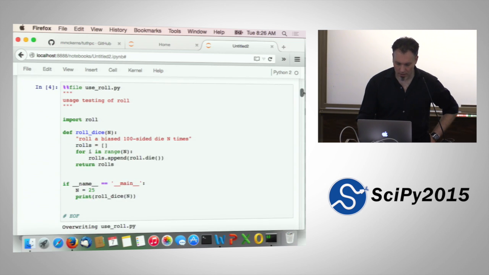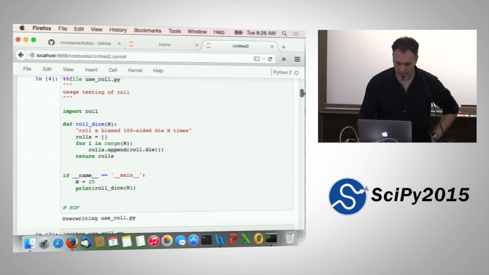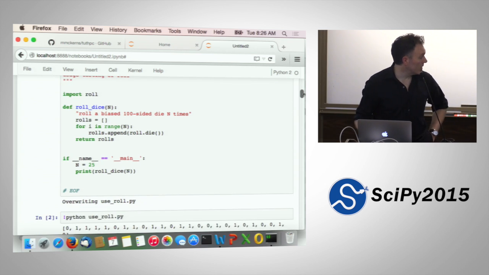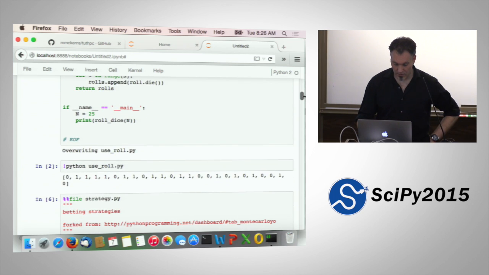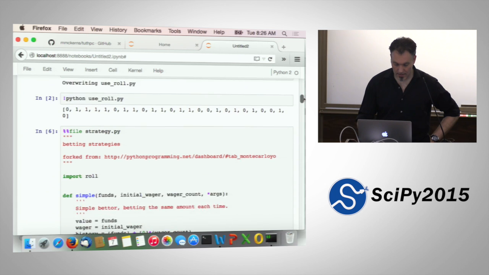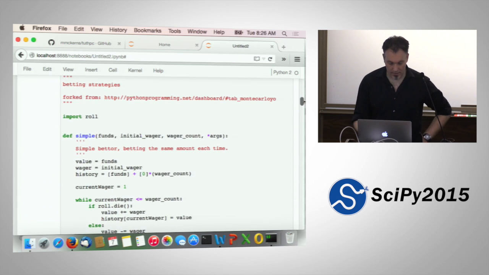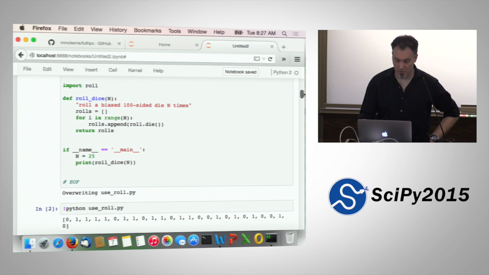Here's a roll of dice. We use roll to test this, where it runs several times in a for loop, and that's what I use to roll the die several times. So we'll come back to that, and that's a good thing that we can check. Anytime you see a for loop,